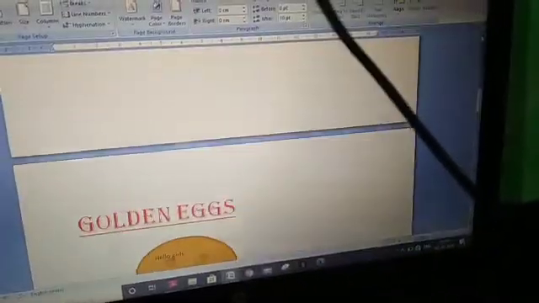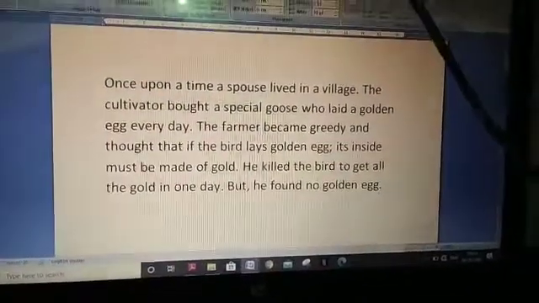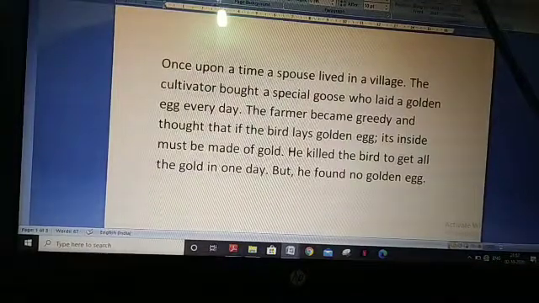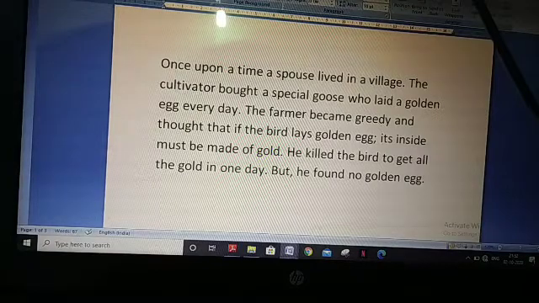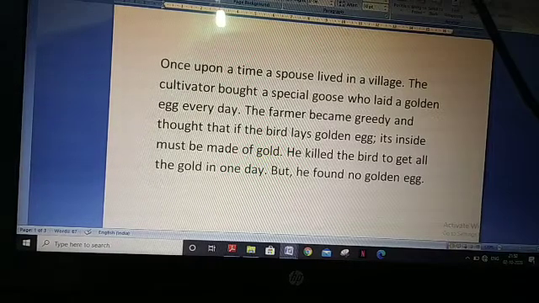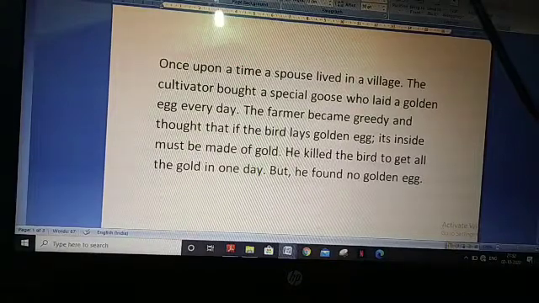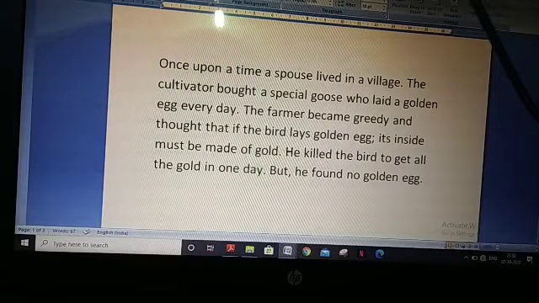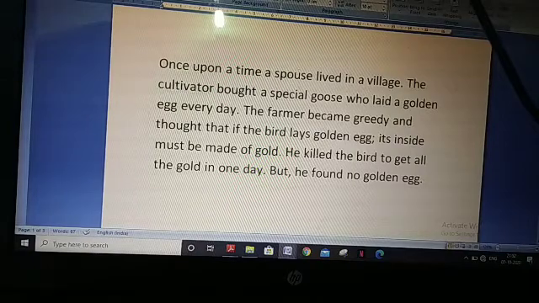We are moving to the first page. Understood? So the text we have divided into 2 pages. From the heading golden egg we have shifted the text to the next page. Clear? It's very simple. Click where you want to start a new page, then go to the Page Layout tab, then click on Breaks and choose the Page option to give a page break. Simple.